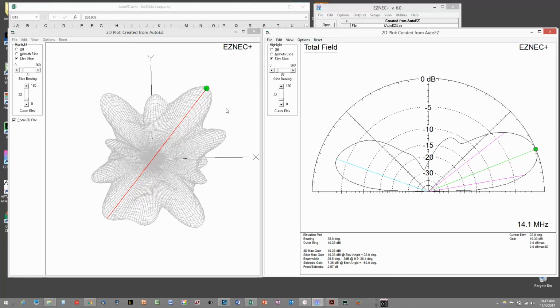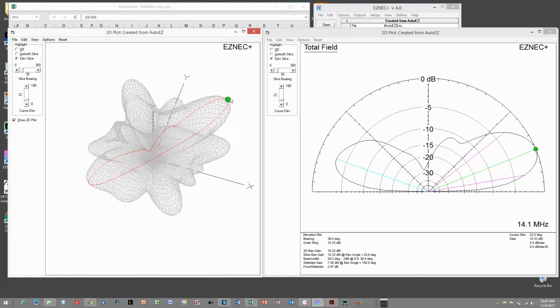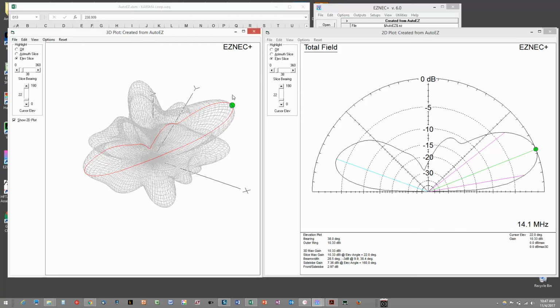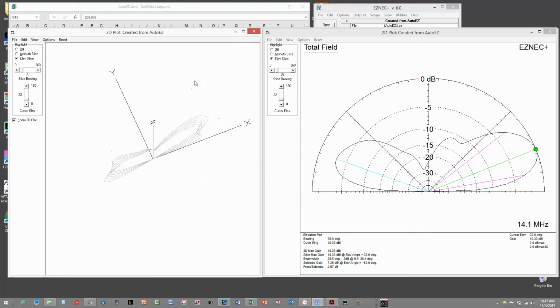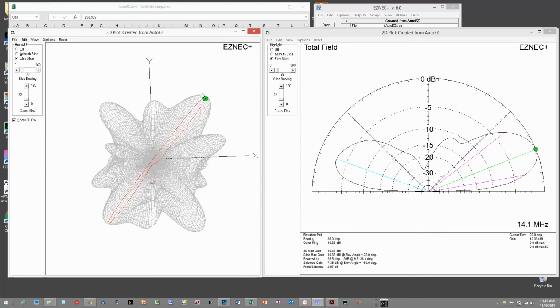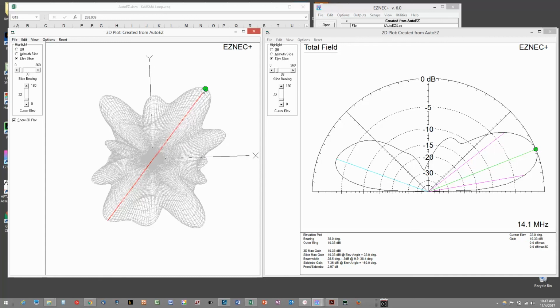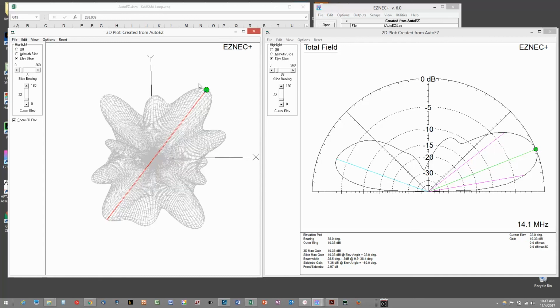In fact, if I rotate it off to the side here a little bit, you can see that this red line matches this elevation slice here. So we'll just put this back up, sort of close to bird's eye view, and take a peek at this. So what is this telling us? This is saying that